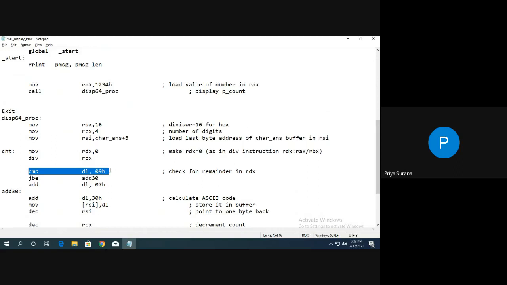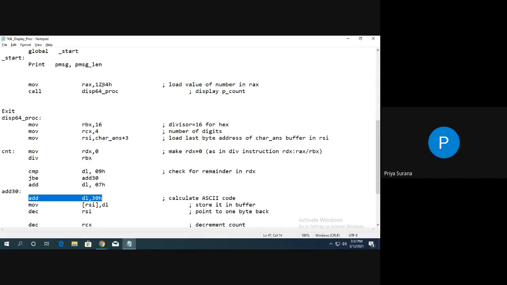Compare DL with 09. If it is lesser than or equal to 9, directly add 30 to it. Why? Because the ASCII value for 0 to 9 is between 30H to 39H.